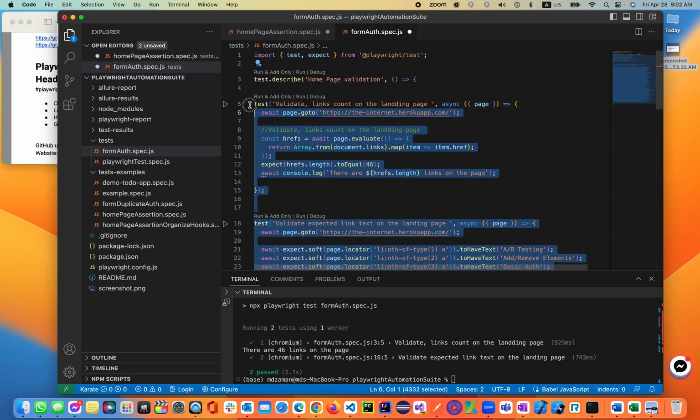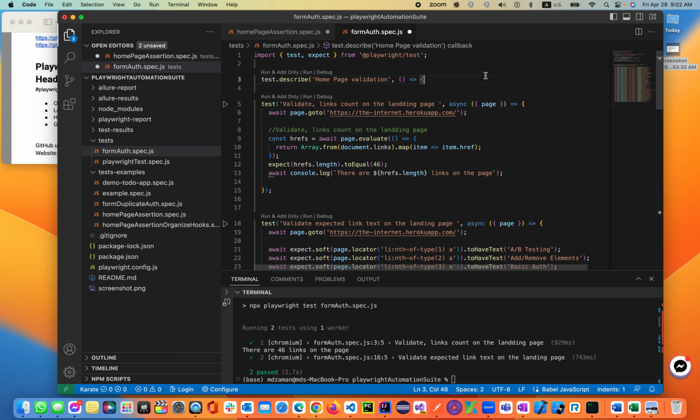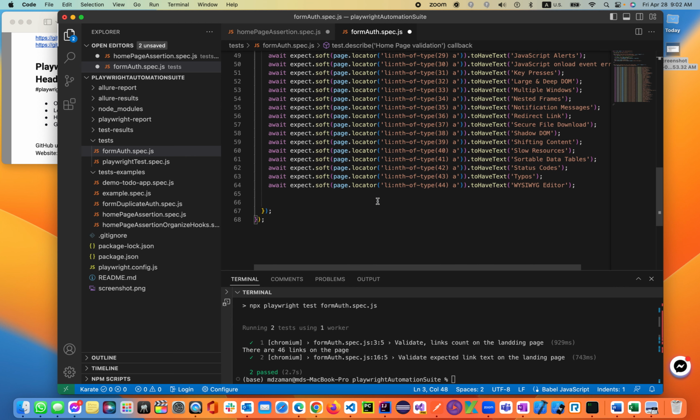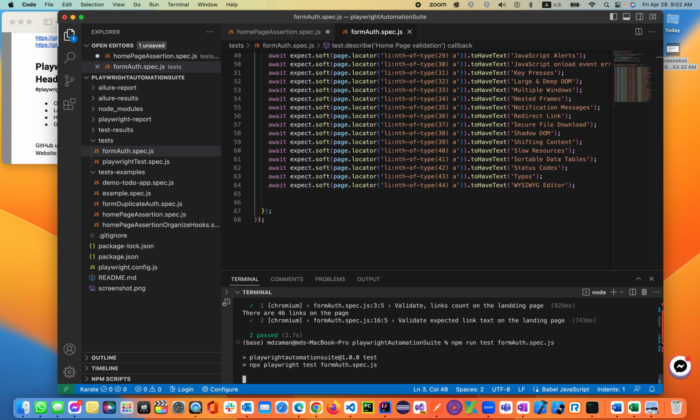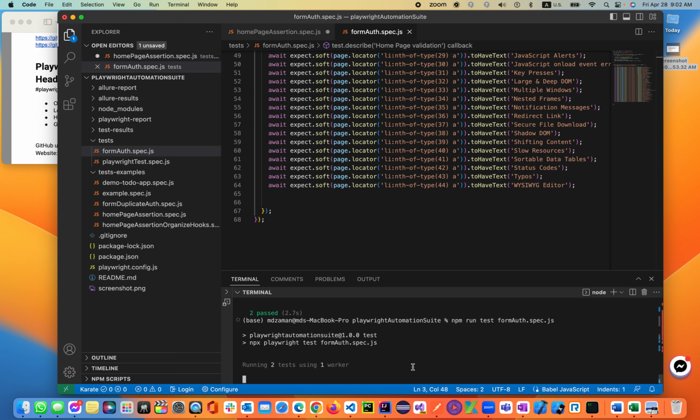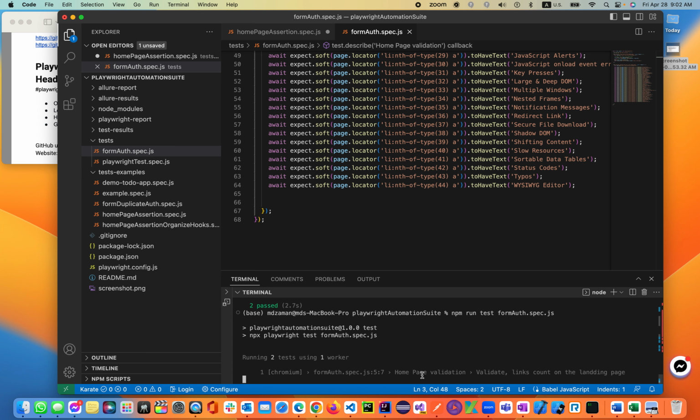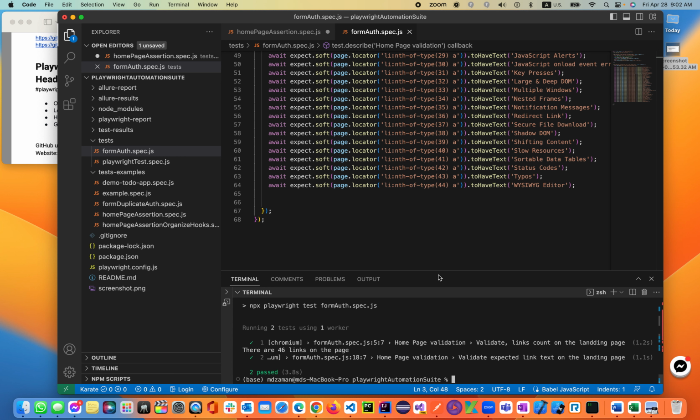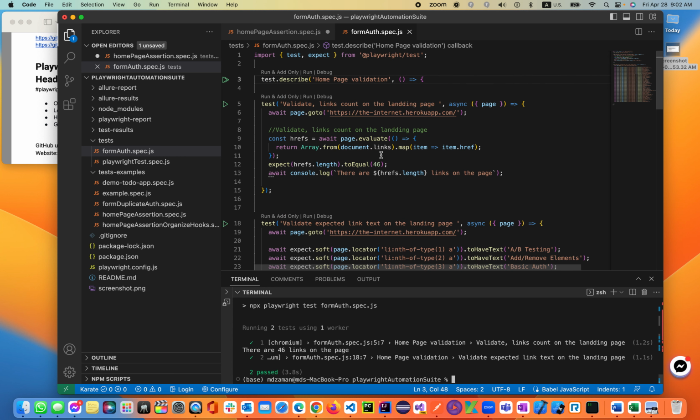So let's make some alignment here. That's good. Let's run it again. Now you'll see both tests start with the home page validation, which is the describe block. Let's rename it. Instead of home, let's put landing page validation. Okay. So in both tests, as you see, there are two